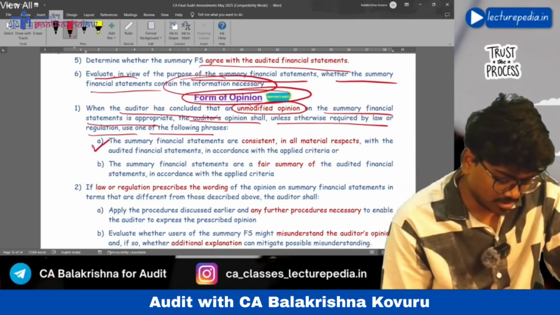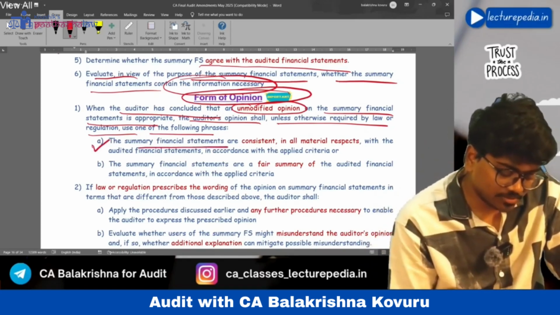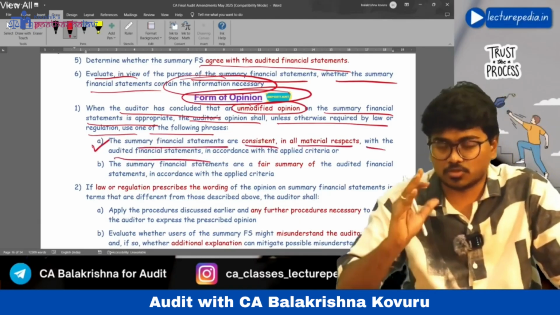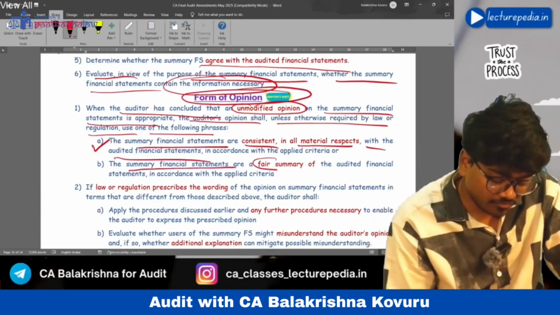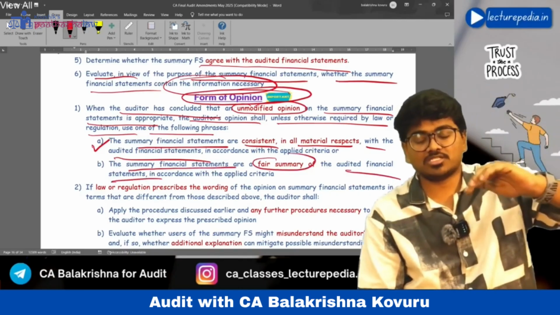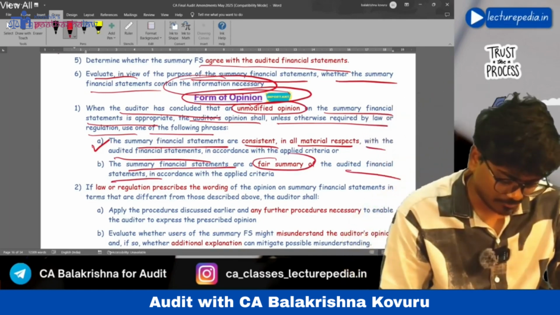The first phrase that you can use is, summary financial statements are consistent in all material respects with the audited financial statements. Or, summary financial statements are a fair summary of audited financial statements. You can use either of these two phrases if you want to give an unmodified opinion on the summary financial statements. Next,